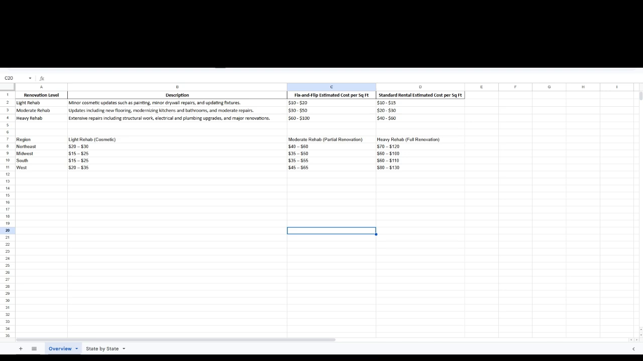Me personally, I piece it out. Okay, a kitchen's going to cost $7,000 to $10,000 in this property. A bathroom's going to cost $3,000 to $5,000. If I'm going to put an LVP floor, then it's going to be about $5.50 a square foot. If I'm going to put carpet, it's going to be about $2.80 a square foot. It's going to cost me about $5,000 to paint this place. I do it that way